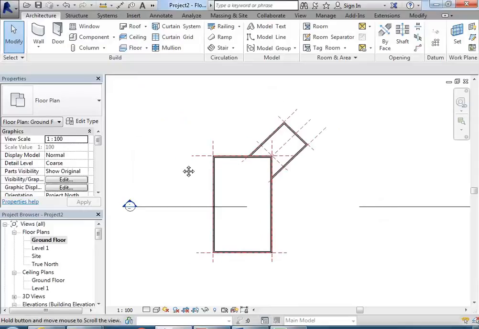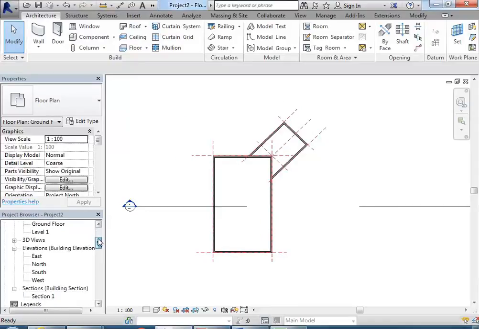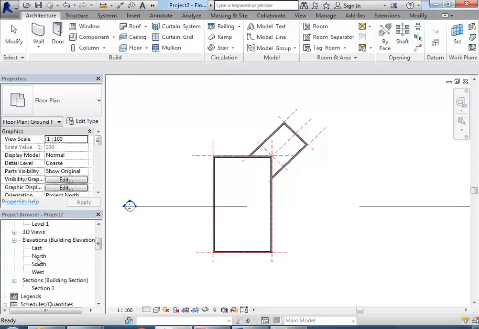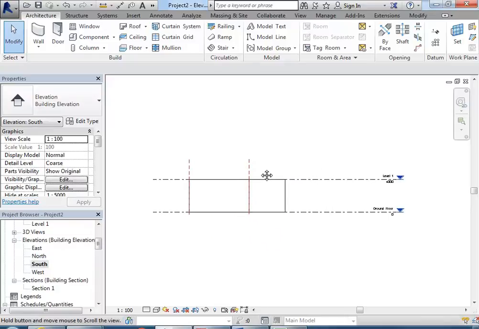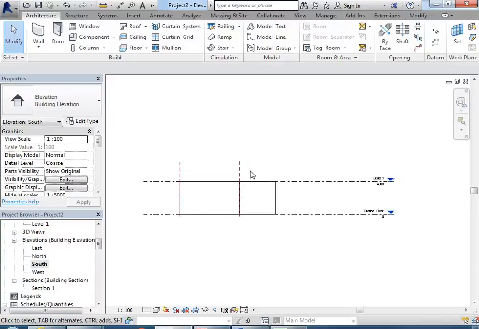So back into Revit, I'm going to open the south elevation. Scrolling down the project browser, you can see there under elevations I have east, north, south and west. So double clicking on south opens that south elevation, and I'll make a new level by, in the architecture ribbon, going to the datum panel where you'll find the level tool,